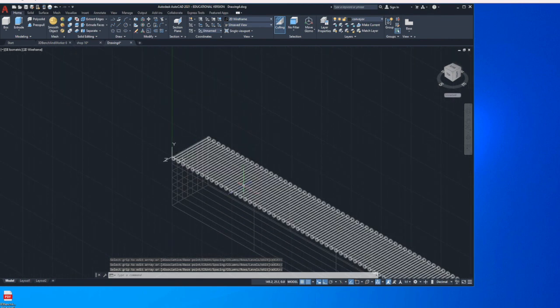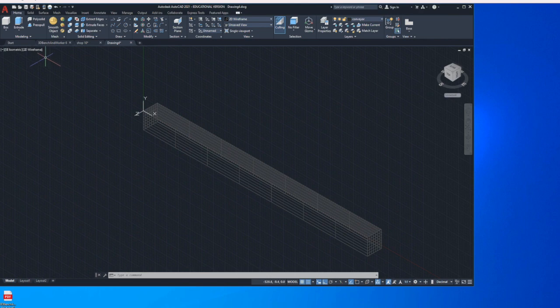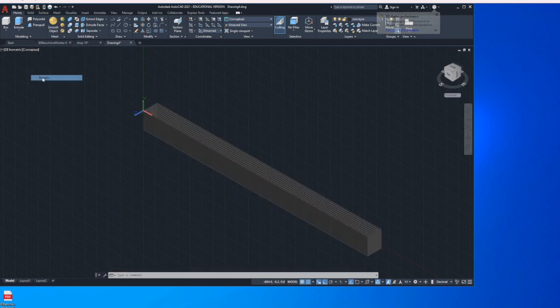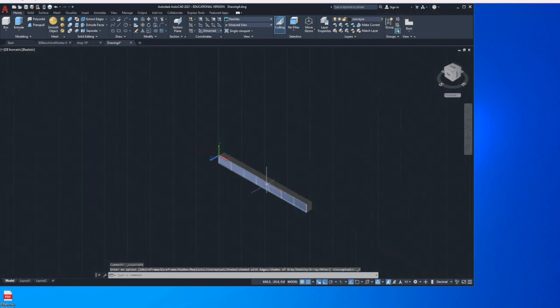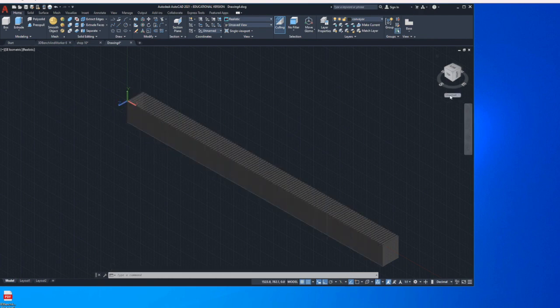And now you can see my conveyor with all the rollers on top in the wireframe view. And I will come back here and go to conceptual view. And now you see the conveyor with the rollers on top, or maybe we'll go to realistic view and see how that looks. Yeah, it looks even better. And one thing now, we still got this in the corner of our drawings, we got to center it